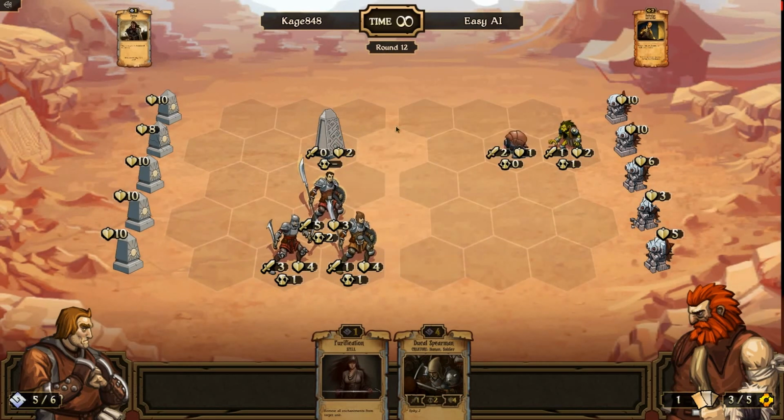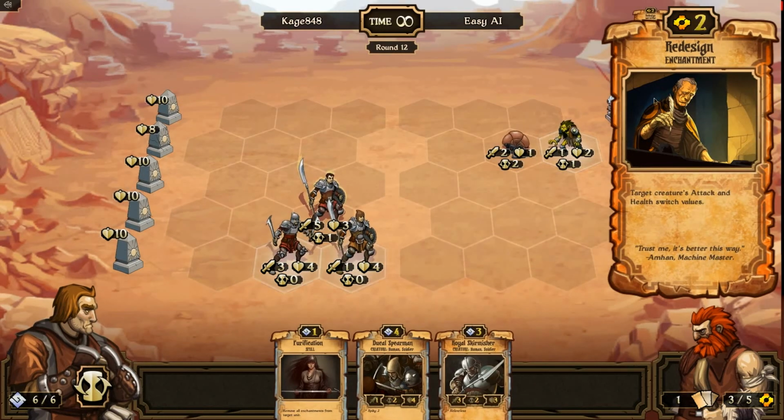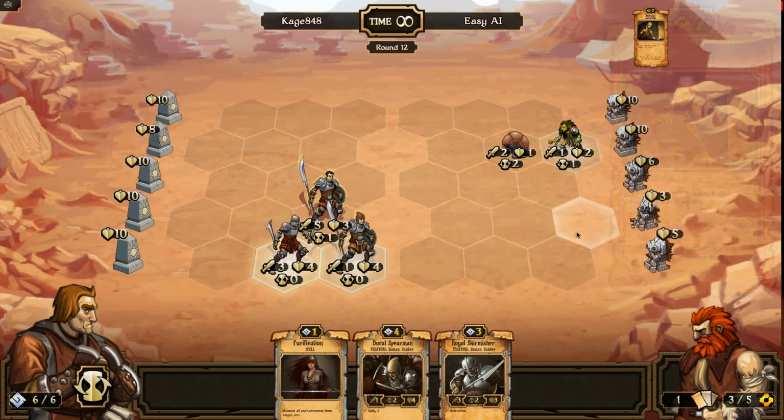Ooh, what was that? I've never seen that before. Target creature's attack and health switched values. Okay, that's interesting. I don't know why he would do that. I mean...